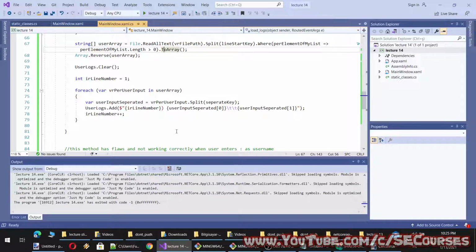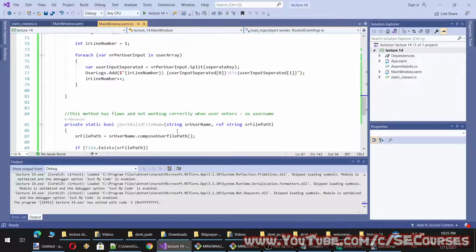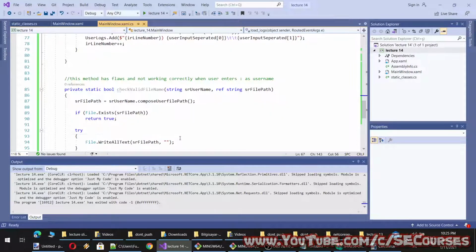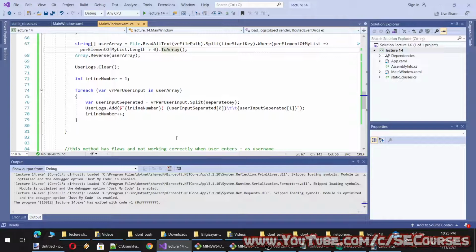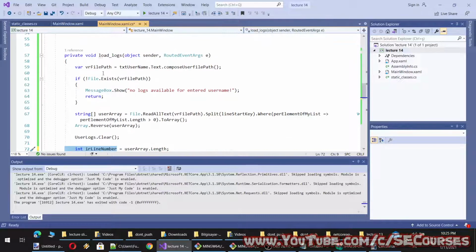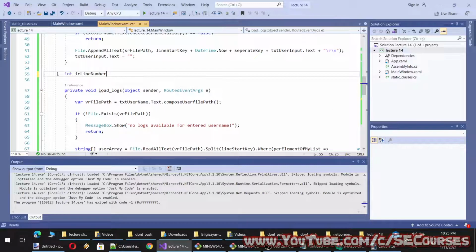Okay, and let's make, actually this line number is incorrect because we are using a reverse. Therefore I will make it like this, length, and I will make this line number a global variable.